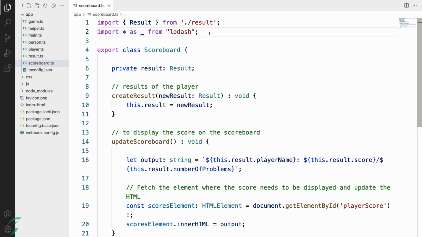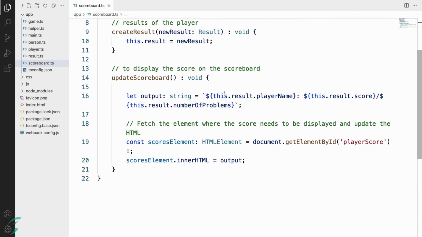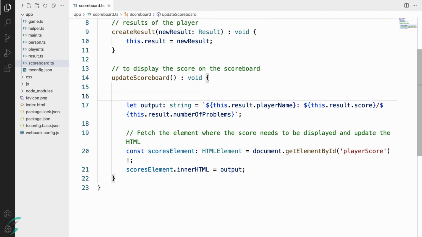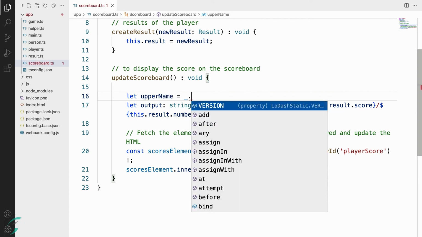After this import, I'm ready to use this in my demo. I'll keep it simple for the demo. So in the update scoreboard method, here where it displays the player name in the result, I'll change this string to use the uppercase version of the player name by using the Lodash function. First, let me create a string for this uppercase character. Let's say let uppercase name, and when I type this underscore character followed by a dot, Visual Studio gives me